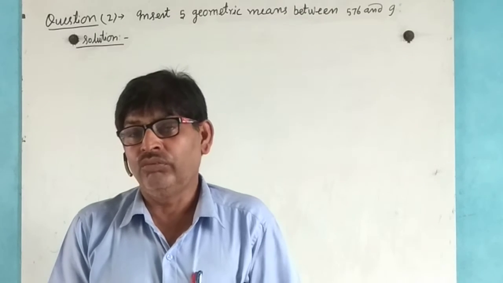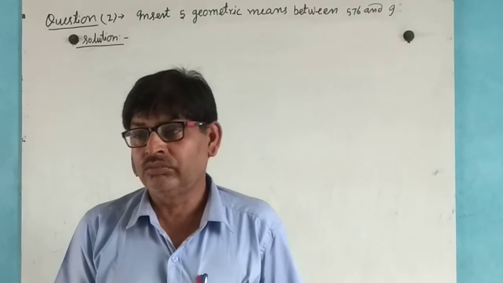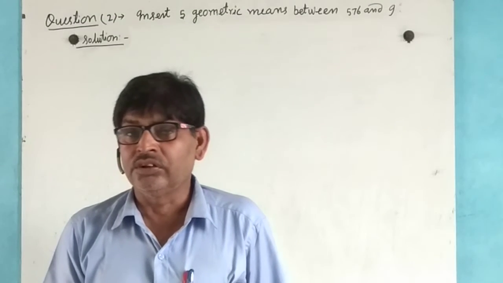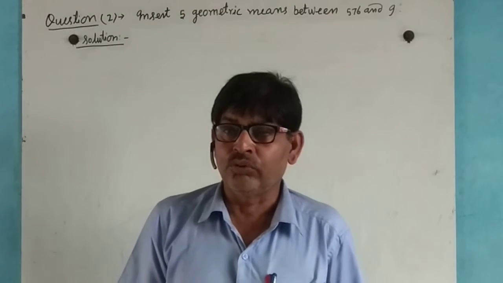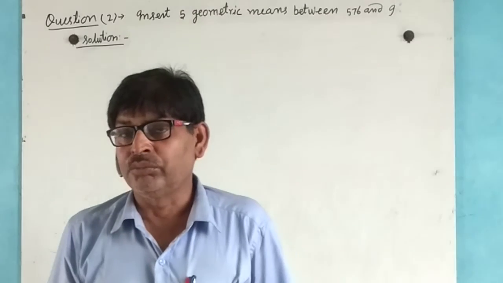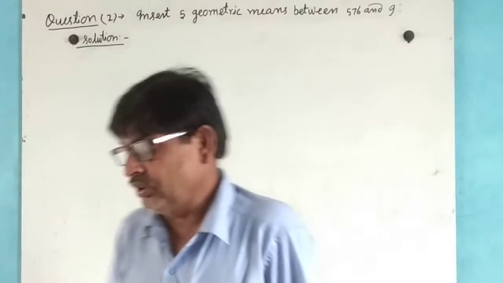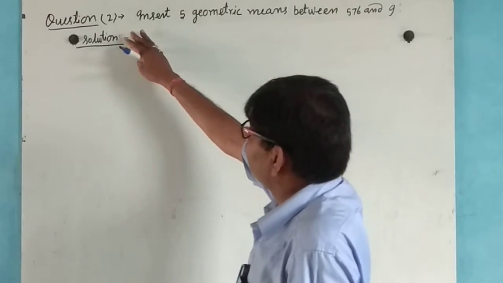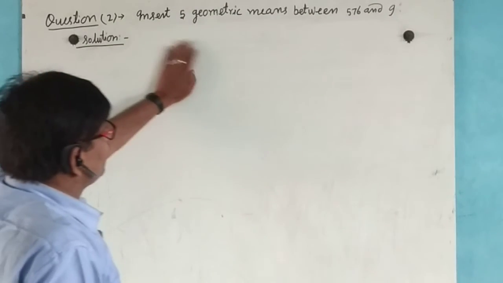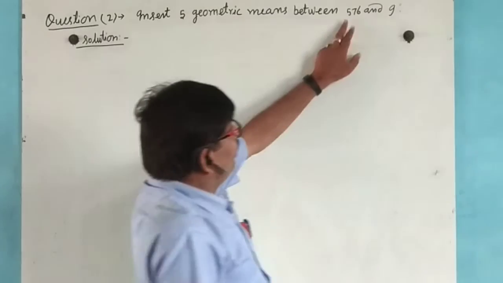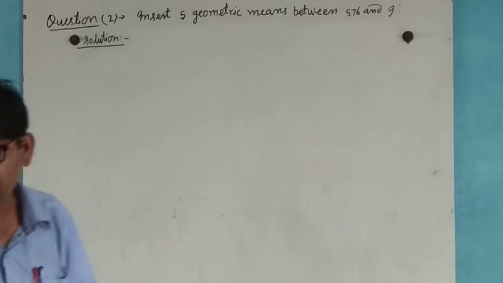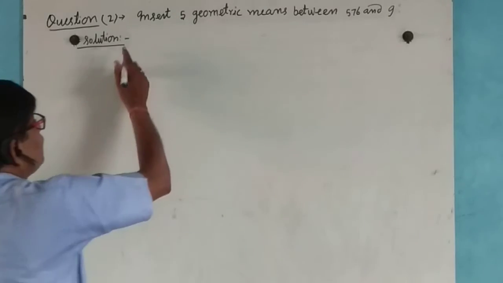Today we are going to study some problems related to geometric progression as well as arithmetic progressions. Here question number 2. Insert 5 geometric means between 576 and 9. Let us suppose that